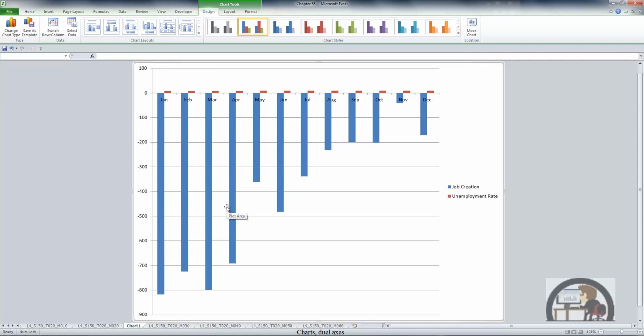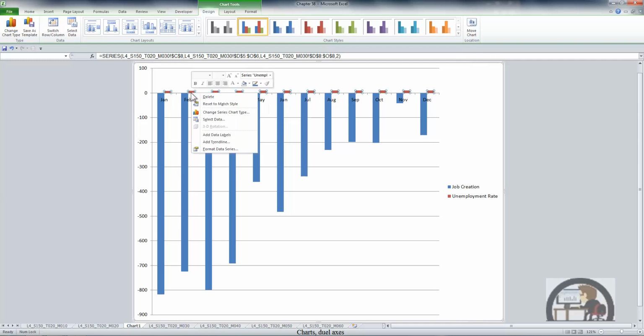Sometimes the series are not numerically compatible. In this case, the unemployment rate is a fairly small number. Wish it was smaller, but it's below 10%. And then the numbers of jobs that were gained or lost range from about a minus 40,000 to a minus over 800,000. So there's a completely different scope of numbers that reflect the unemployment rate as compared to job creation rate. So the way to fix this is to single-click one of the series, right-click one of the columns making